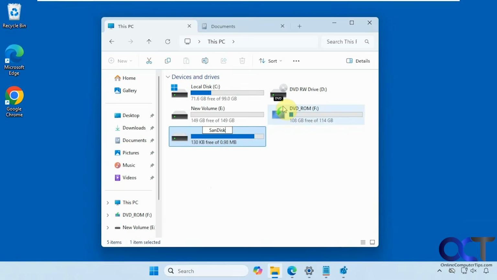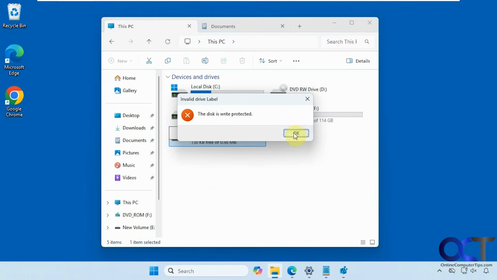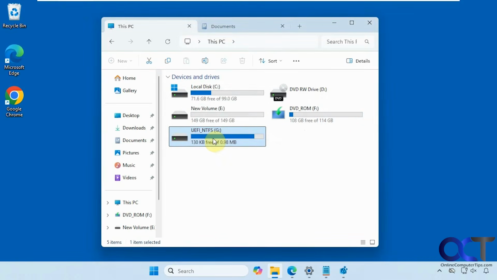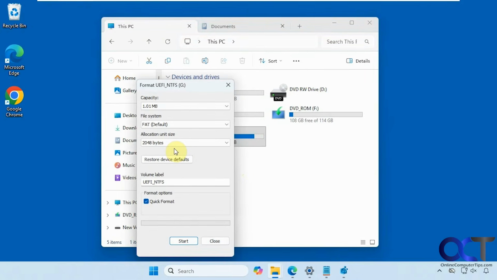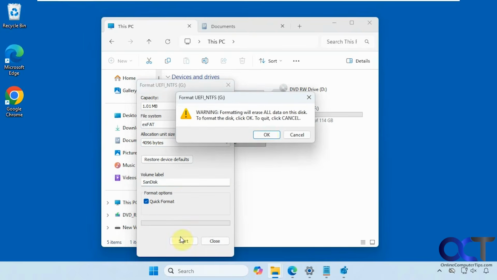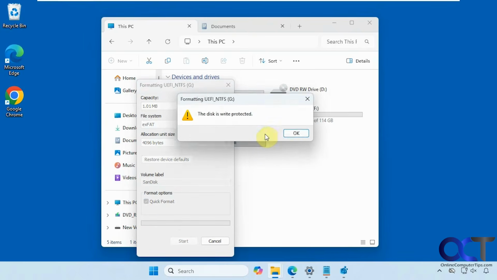It says it's write protected, so we're like, okay, let's just format it then because we don't care about the data on it. So of course formatting a drive will erase it, so keep that in mind. All right, let's say we're going to do exFAT, change the name here again. Of course, we're going to get the warning that it's going to erase everything on the disk, so say OK,